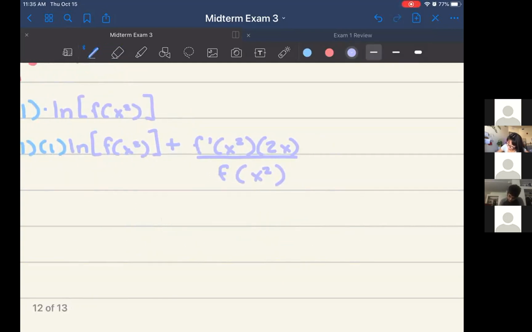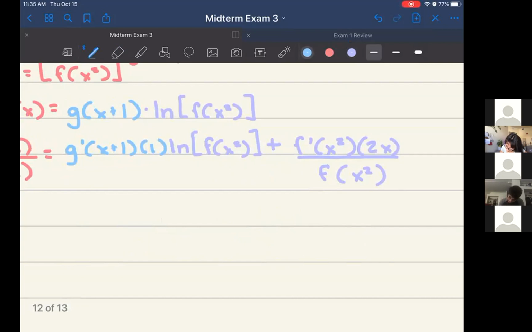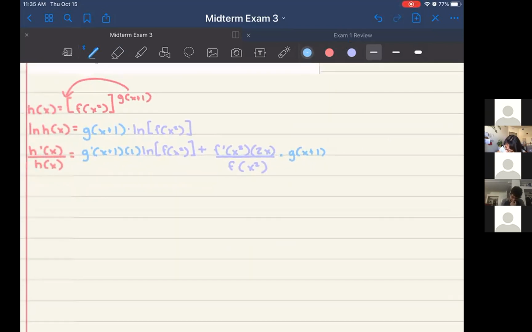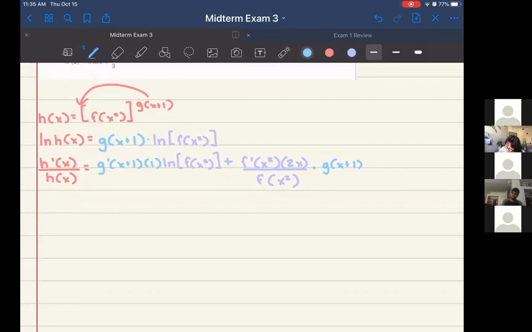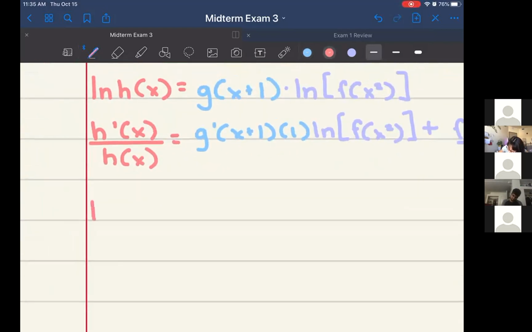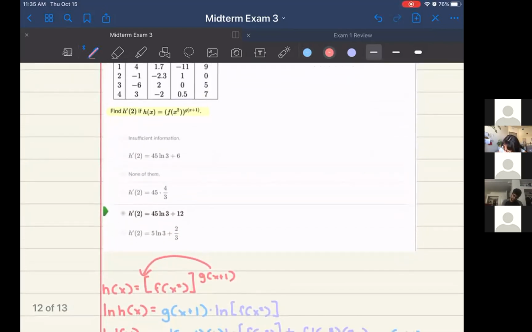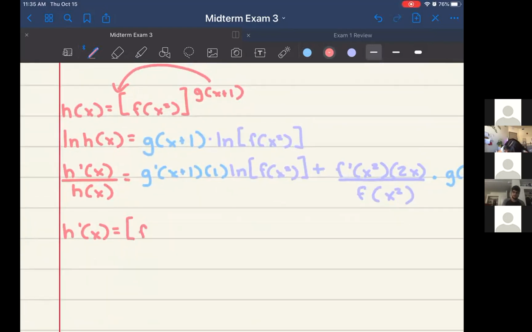So that's going to be the derivative of ln of f of x squared, and then we multiply that by the first term, g of x plus 1, times g of x plus 1. And then, let's see. Yes, I believe that's it. All right, and then to isolate h prime of x, we're going to have to multiply by the original function. So h prime of x is equal to the original function, f of x squared to the g of x plus 1,